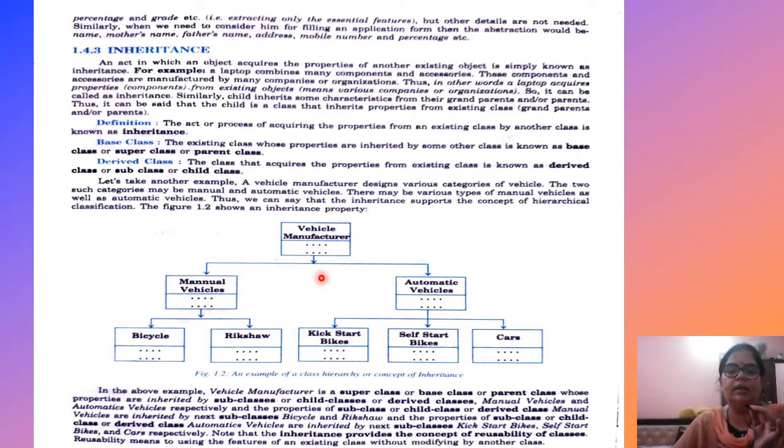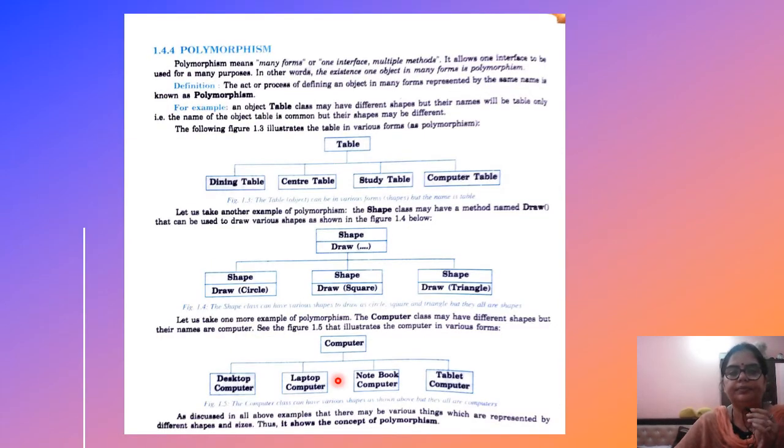Like that, a child class inherits some things, some variables, some data from the parent class. Okay, like that we can see a vehicle manufacturer, where there are two types, manual or automatic. First is bicycle or rickshaw, and second is kickstart. This is an example of inheritance.